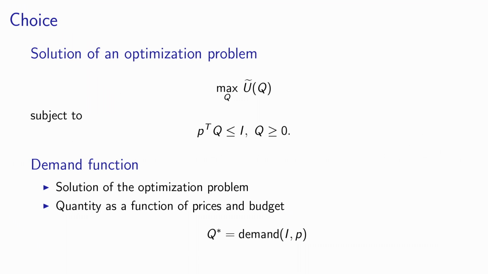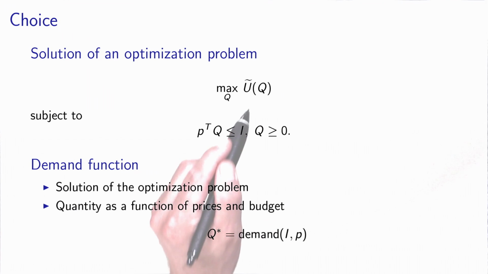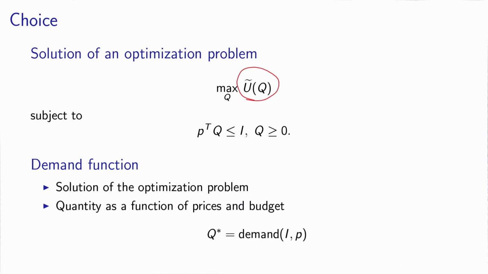Now, the assumption is that the decision maker is an optimizer and is solving the following optimization problem. There is a utility function, as we saw, that associates each vector Q, so each decision, with a utility. The idea is that we would like to select the vector Q that maximizes this utility. But there are some constraints. We cannot exceed the budget, and of course, we need to select positive quantities of each item. So the behavioral assumption is that each economic agent is solving that problem in order to make decisions.